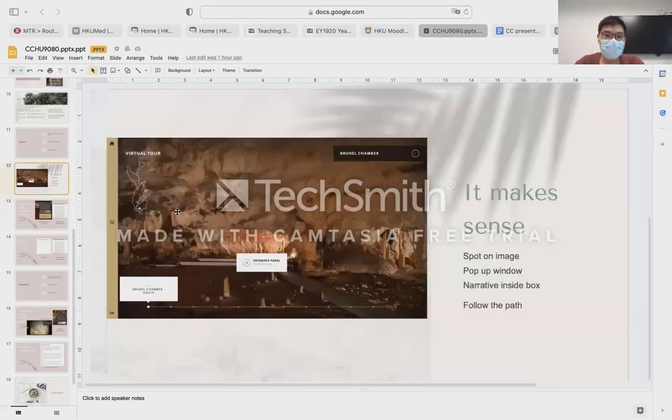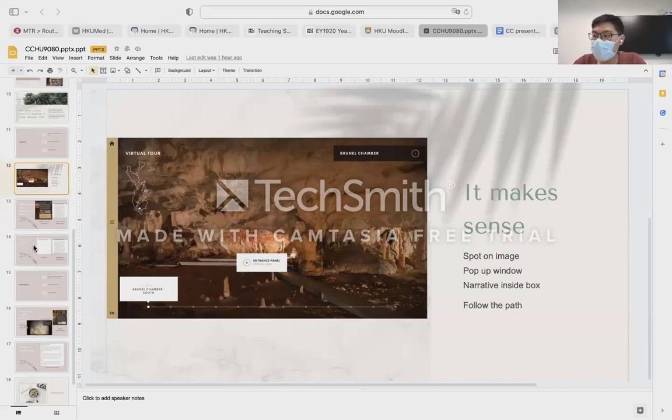And from the bar as shown here, the website designer follows a route from the entrance to deep inside the cave, with 12 different labeled locations as shown here. The one we show here is the first site, which is the Brunel Chamber South. So I think that in this aspect, the website makes quite a lot of sense and it's very easy